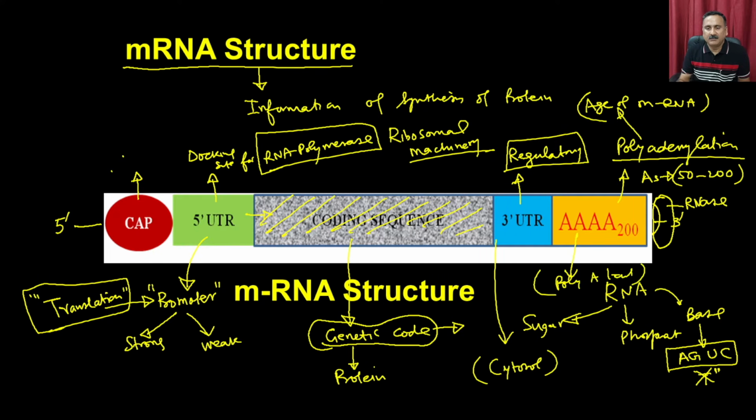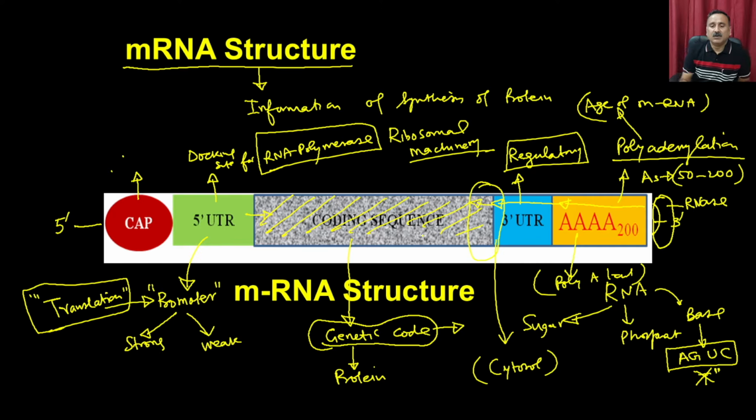The ribonucleases, which are very active within the cytosol, are going to chew this RNA from the 3' end, and once they hit the coding sequence, this messenger RNA will not be useful for the synthesis of the protein, because now it is going to start synthesizing cryptic proteins or truncated proteins, and that may not be good